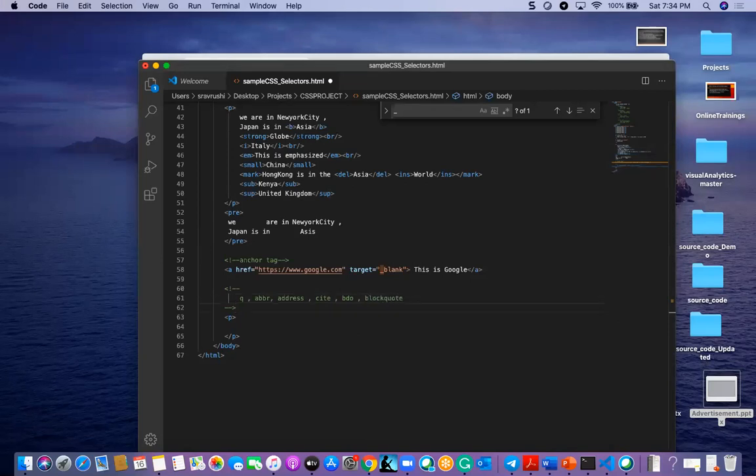So we will see how these different tags work inside a para.